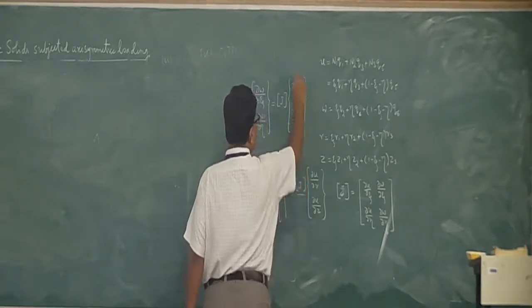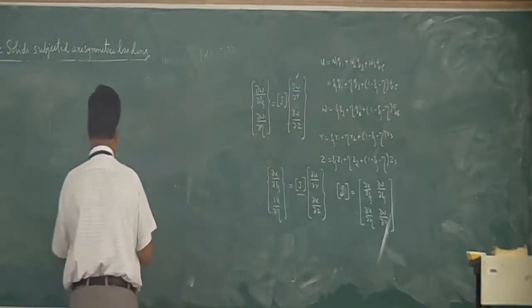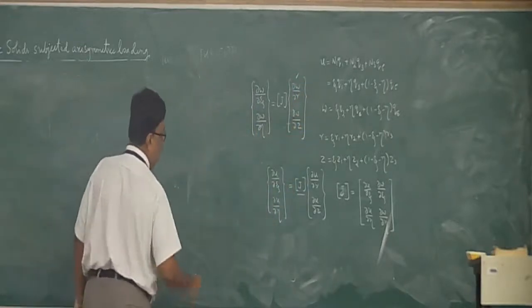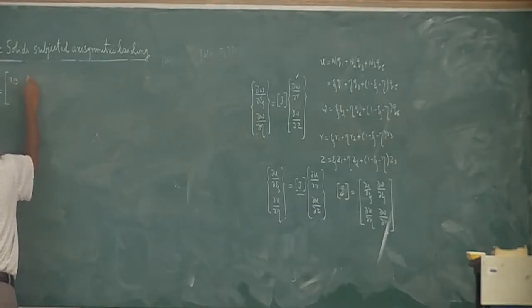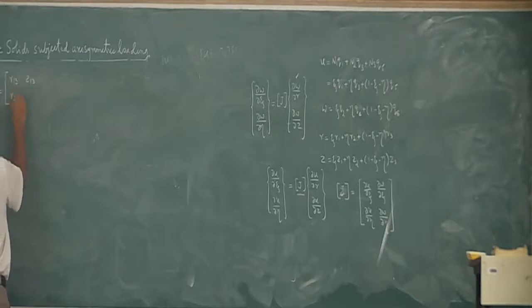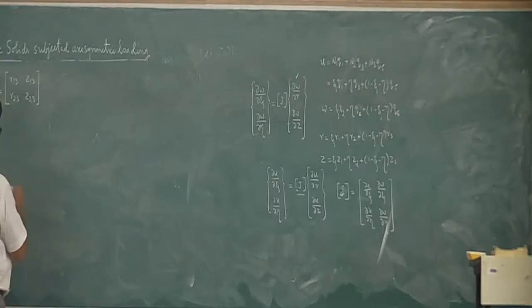But for finding the strain, what we require is the other part. So naturally I have to find this one. If you recall, J was in terms of x13 and y13, x23 and y23. Instead of that I will replace it by R and Z. These are going to be replaced by that. So automatically, if we want to find the inverse of this matrix,